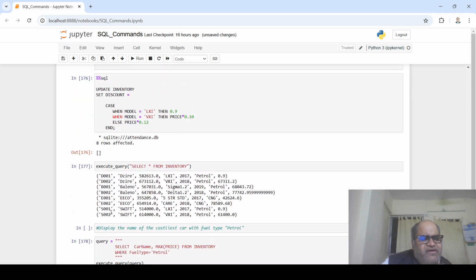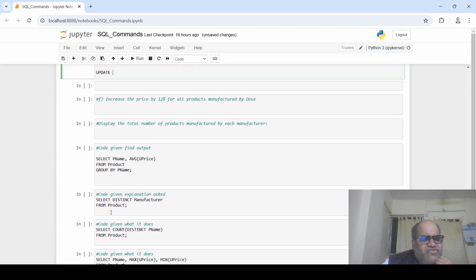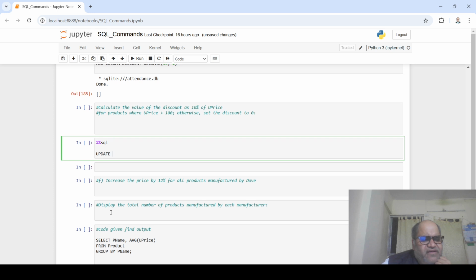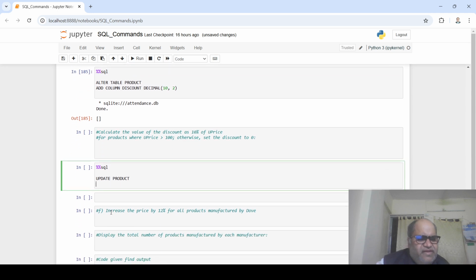So which table we want to update, and then what is your set statement, and that we have to keep inside a case. So update product, and then we are saying set discount to